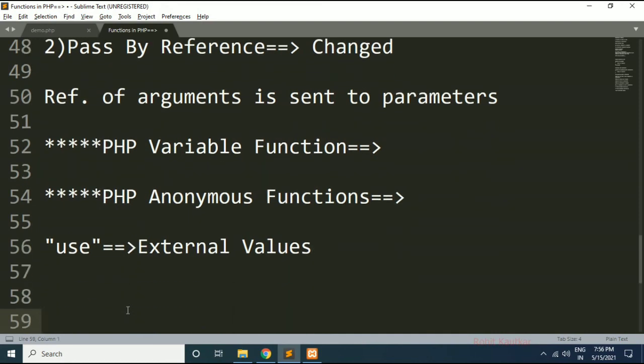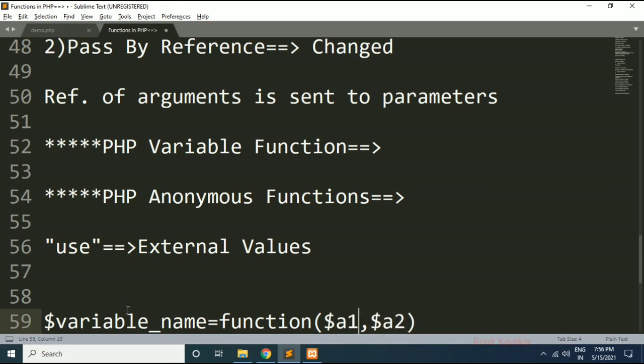The syntax is like this: $variable_name is equal to function, and then here we have a list of arguments, let's say argument 1, argument 2, and here we immediately return a certain value. This is how we create an anonymous function.